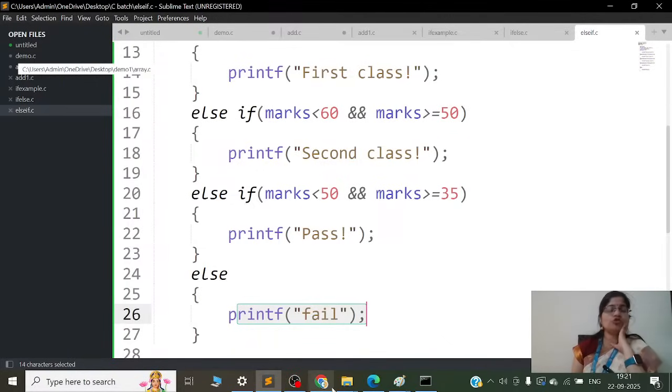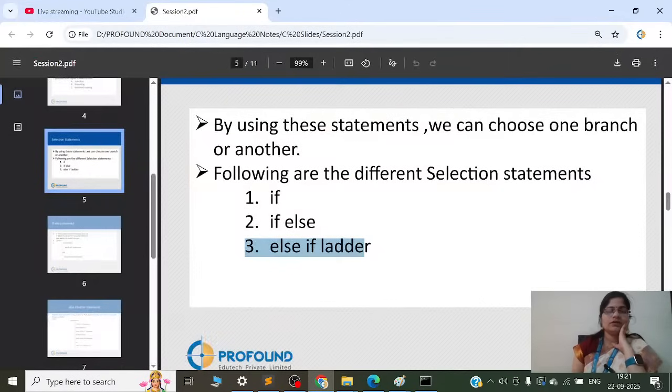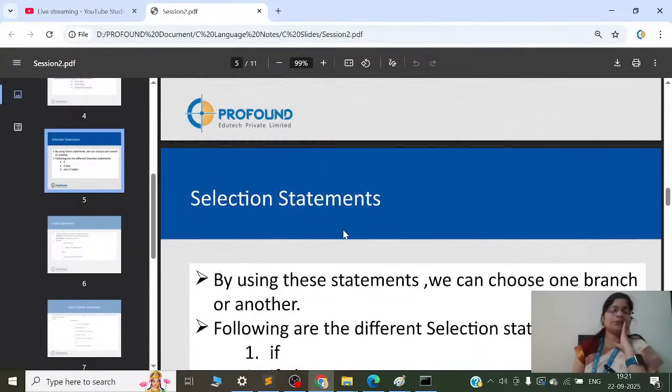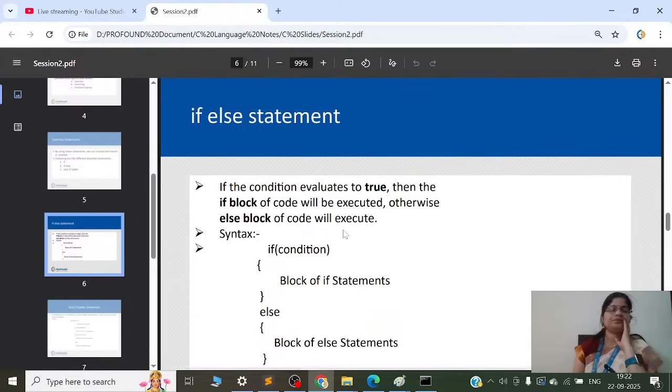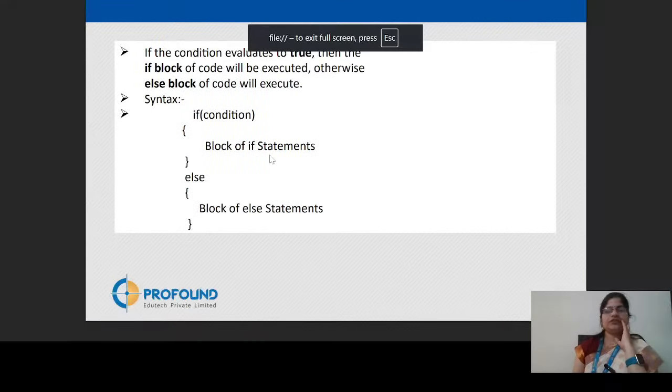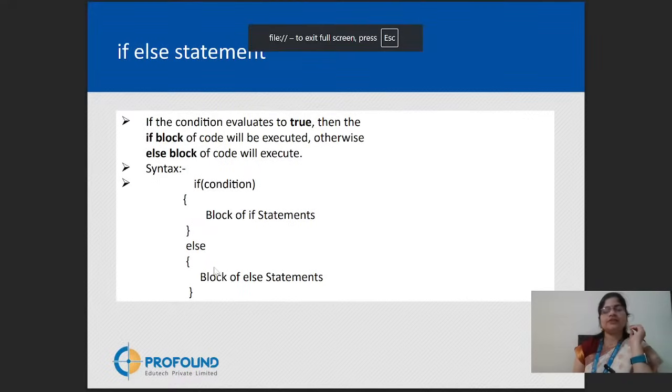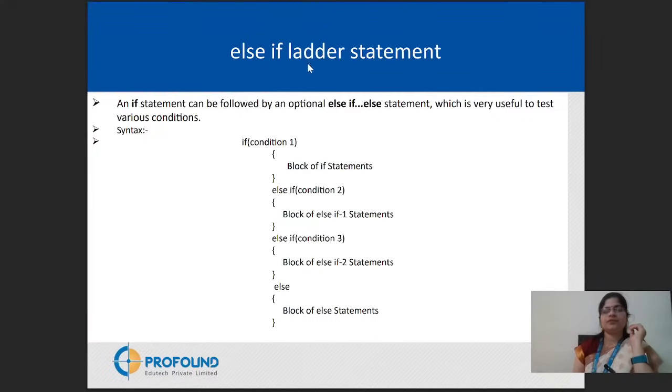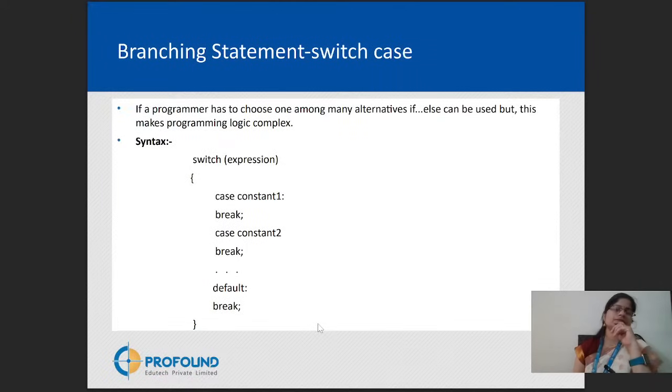ठीक है. सो दिस इज नोन एज सिलेक्शन स्टेटमेंट्स. ओके. सो सी, if the condition is true, this block of code will get executed, else another block of code. Else if ladder, if the condition is true, ये ब्लॉक ऑफ कोड एग्जीक्यूट हो रहा है, एल्स इफ अनदर ब्लॉक ऑफ कोड. एल्स इफ ये कंडीशन ट्रू है तो ये ब्लॉक ऑफ कोड, अदरवाइज ये कोड रन हो रहा है. ठीक है. सो दीज आर सिलेक्शन स्टेटमेंट्स.